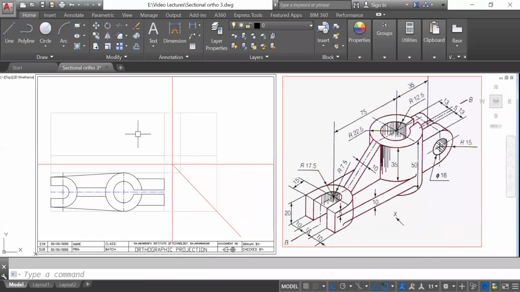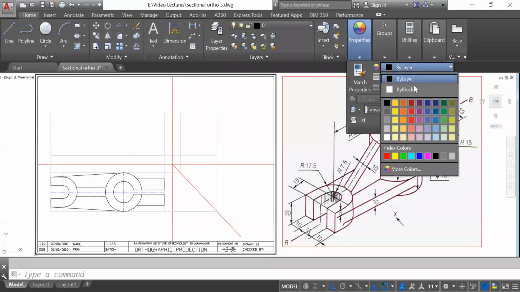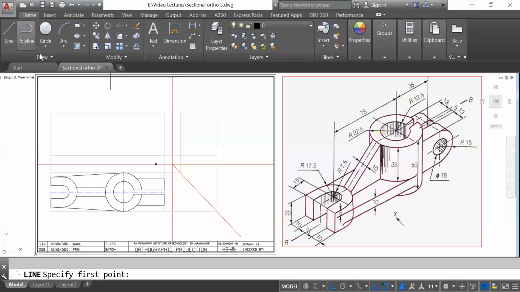Now we will go for the front view. What we have to do is take the projections. We can take the projections from this 09 color.